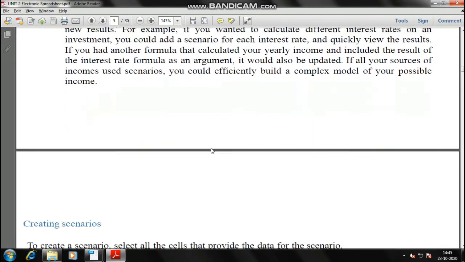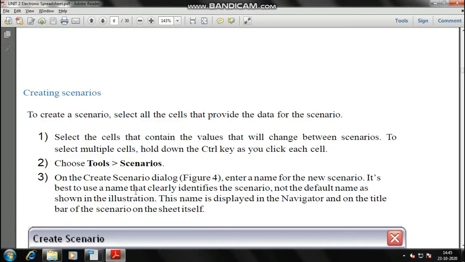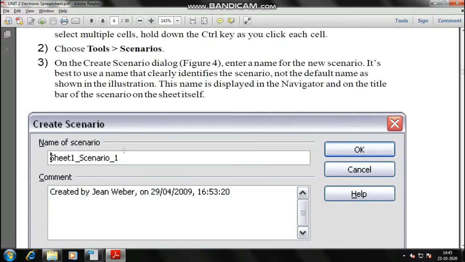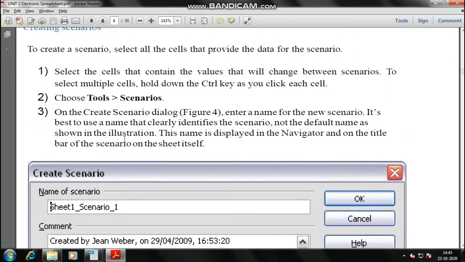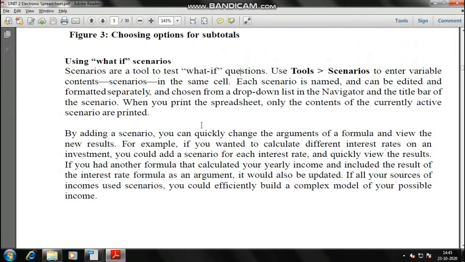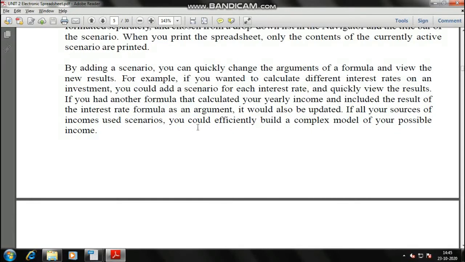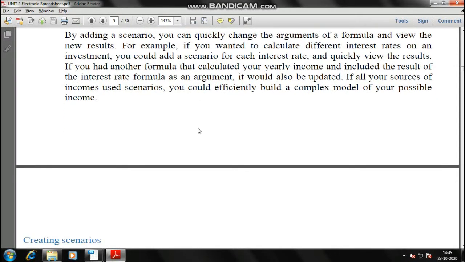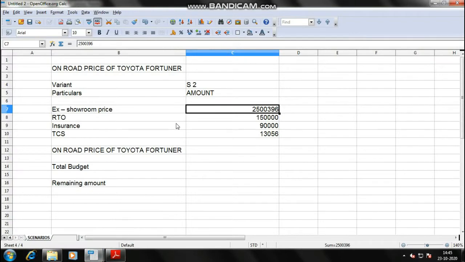Scenarios basically are like a normal drop down list where we can test things, just for the testing purpose. We'll be having many options under scenario. Watch this video very clearly. Okay, so let's start with creating a scenario.